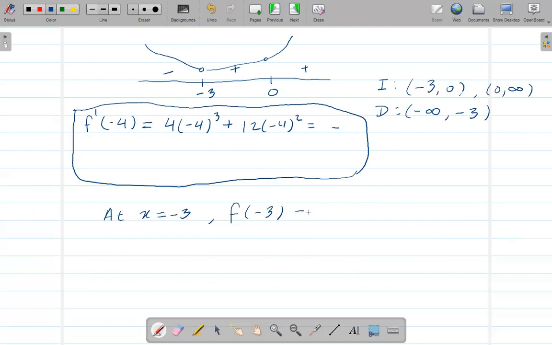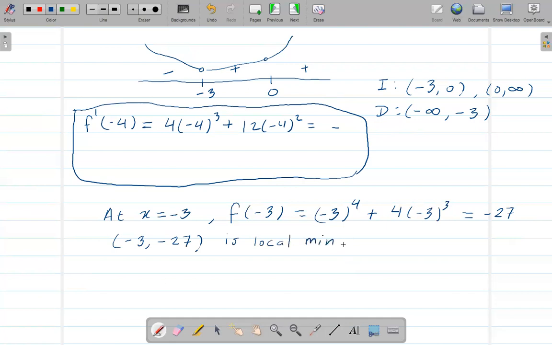So plug -3 into the original equation, -3 to the power 4 plus -3 to the power 3, right? So here again you'll get -27. So that means (-3, -27)